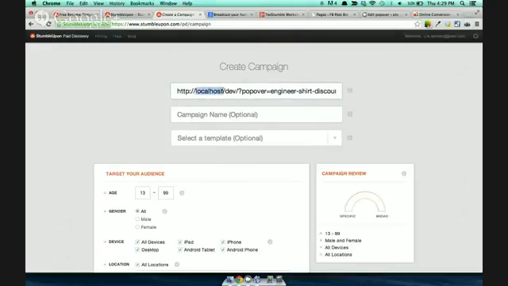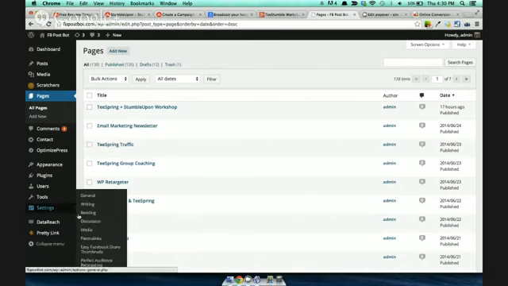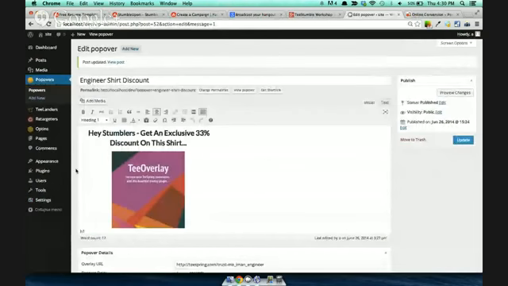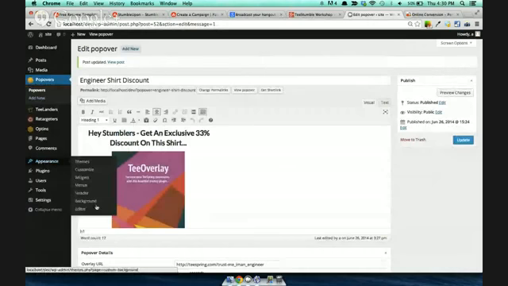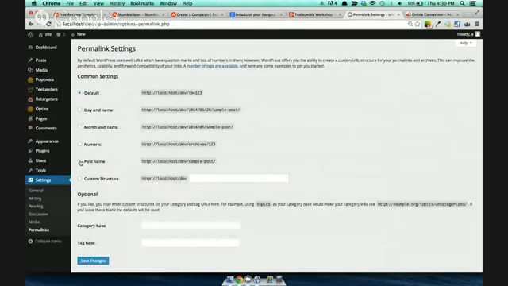So I'm just going to say one of my domains here. Add that in there. Now it's going to pop over this little thing because we've got the popover equals engineer shirt discount. The reason for that, let me show you, is I don't have the permalink set up inside of my development one here. If you were to have post name or something like that set in there and click Save Changes,